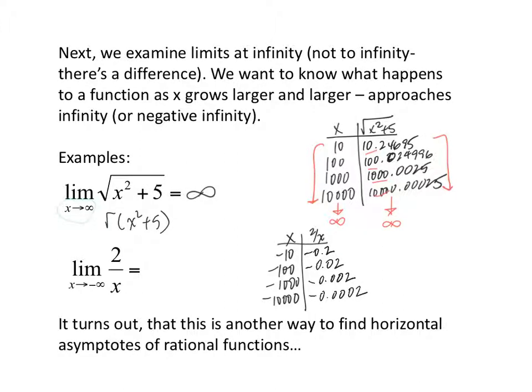Okay. So hopefully, unlike me, you remembered to change the function in your calculator to 2 over x. I forgot to change mine, so I had to go back and fix that. So always make sure you change your function when the function changes. But in any case, this makes sense, because if we're plugging in negative 10, this is negative 2 over 10. So that's negative 2/10, etc. But if you didn't see that, that's okay. In this very last one in my calculator, I got negative 2e to the negative 4.